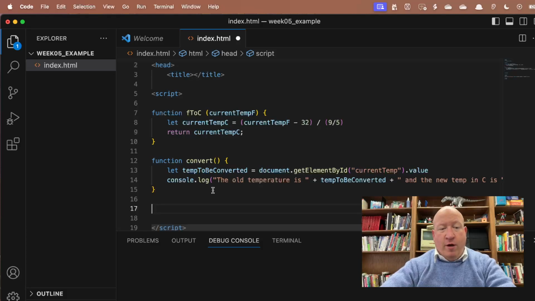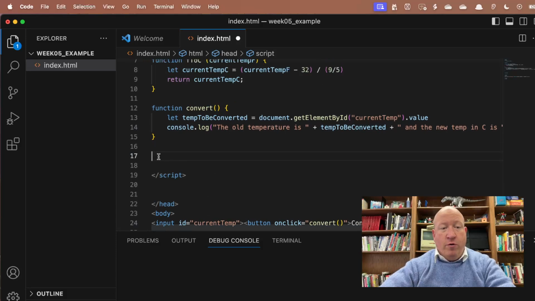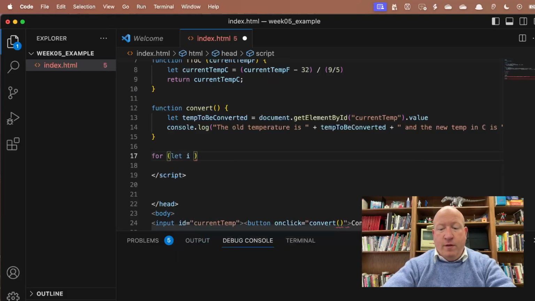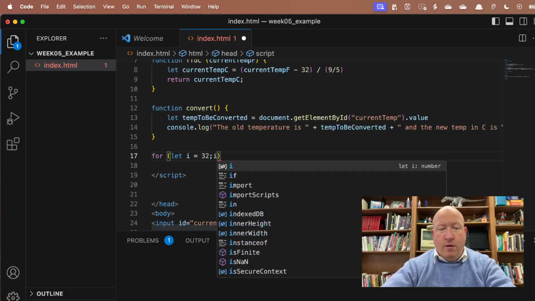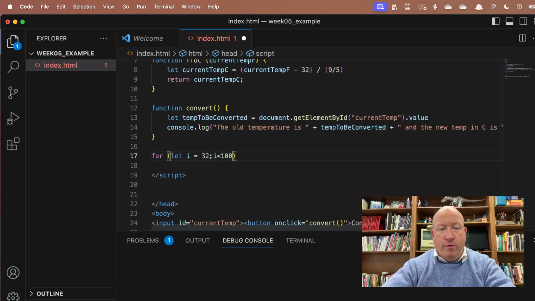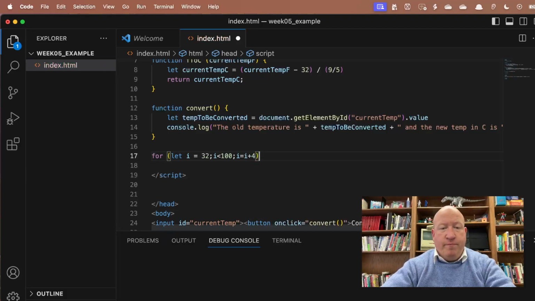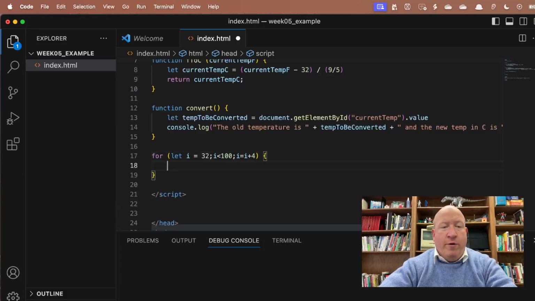So I'm going to do something I don't usually do, which is put just raw code here into the script. We'll do let I equal 32, while I is less than 100, I equals I plus 4. Okay. And so it'll start at 32, it'll go 32, 36, 40, etc. And while that's happening, we're going to just run